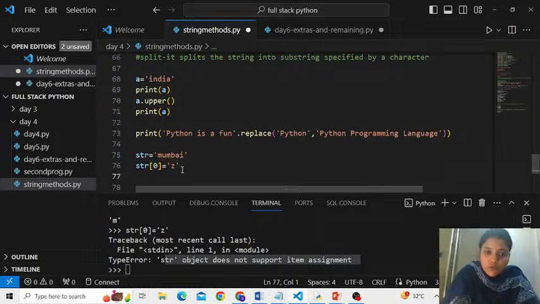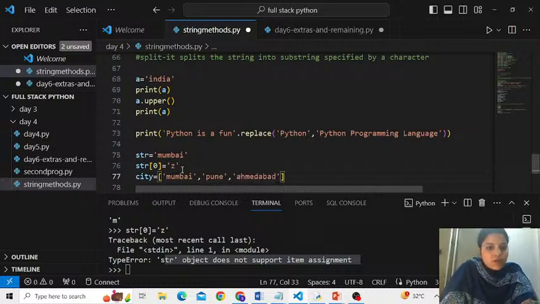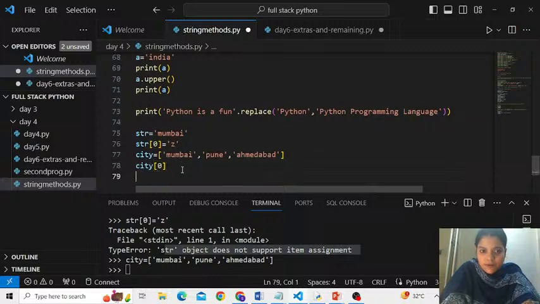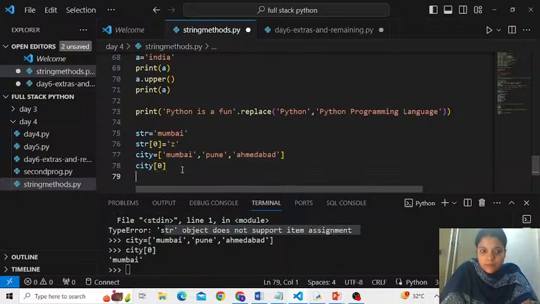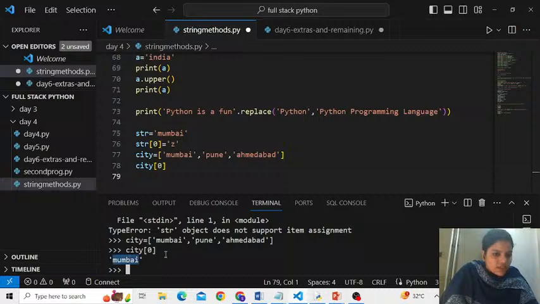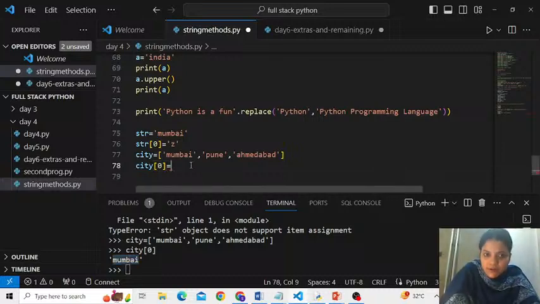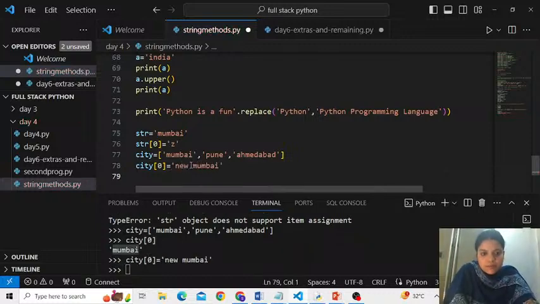See, the same thing if I wanted to happen here. City, and this is a list of cities, say Mumbai, Pune, Ahmedabad. I say city of 0, that means who is at index number 0. Check it out. So it says Mumbai. But now I realize it should not be Mumbai, it should be New Mumbai. So I can definitely do it like this. Check what happens.